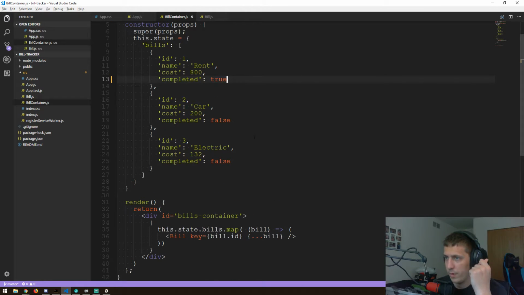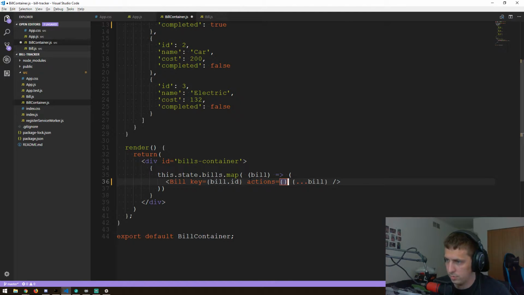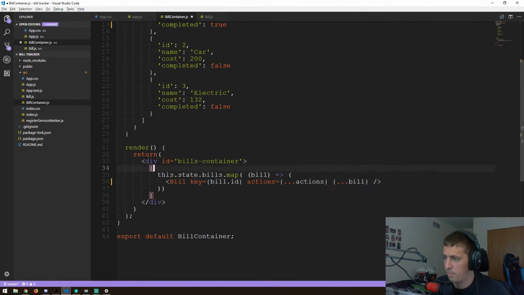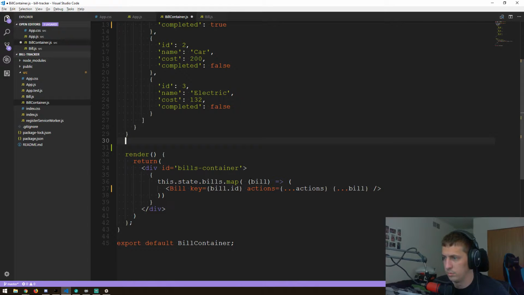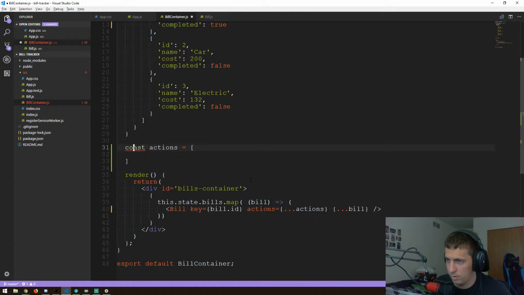So I would have to do an action and then put that action there. Actions equals. So I'd have to do const actions equals, it's an array of